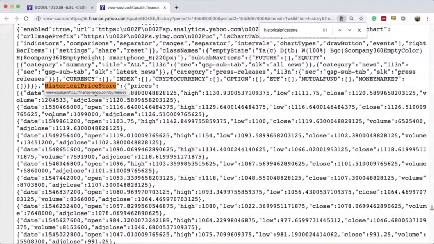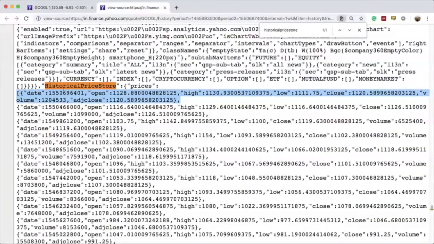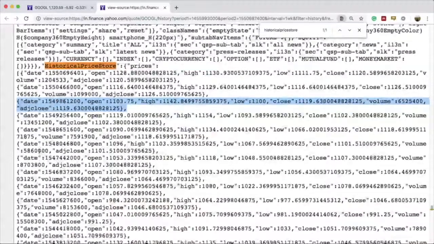So we have established that the data that we have in this table is located after the string historical price store, and also that the data in each row of this table is present in the text following historical price store wherever we have the phrase date. Any statement that begins with the term date and ends with a curly brace represents one row in the table. So this is the first row, this is the second row, the third row, and so on and so forth until we go down,